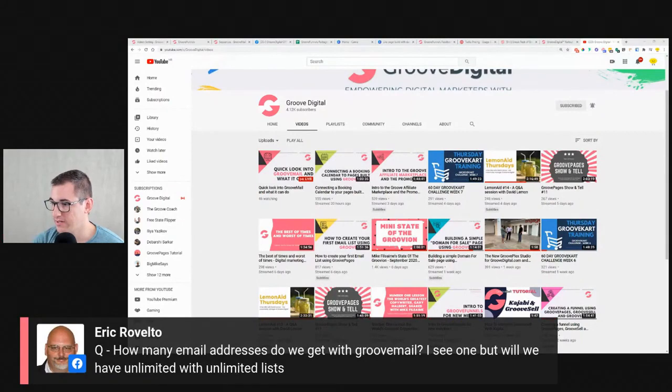How many email addresses do we get with GrooveMail? I see one, but we will have unlimited with unlimited lists. As I mentioned, Eric, the from email address is going to be dynamic, so you can change that one, and as a platinum member, you will have unlimited contacts and unlimited lists. In case you're on a free account, you'll be having